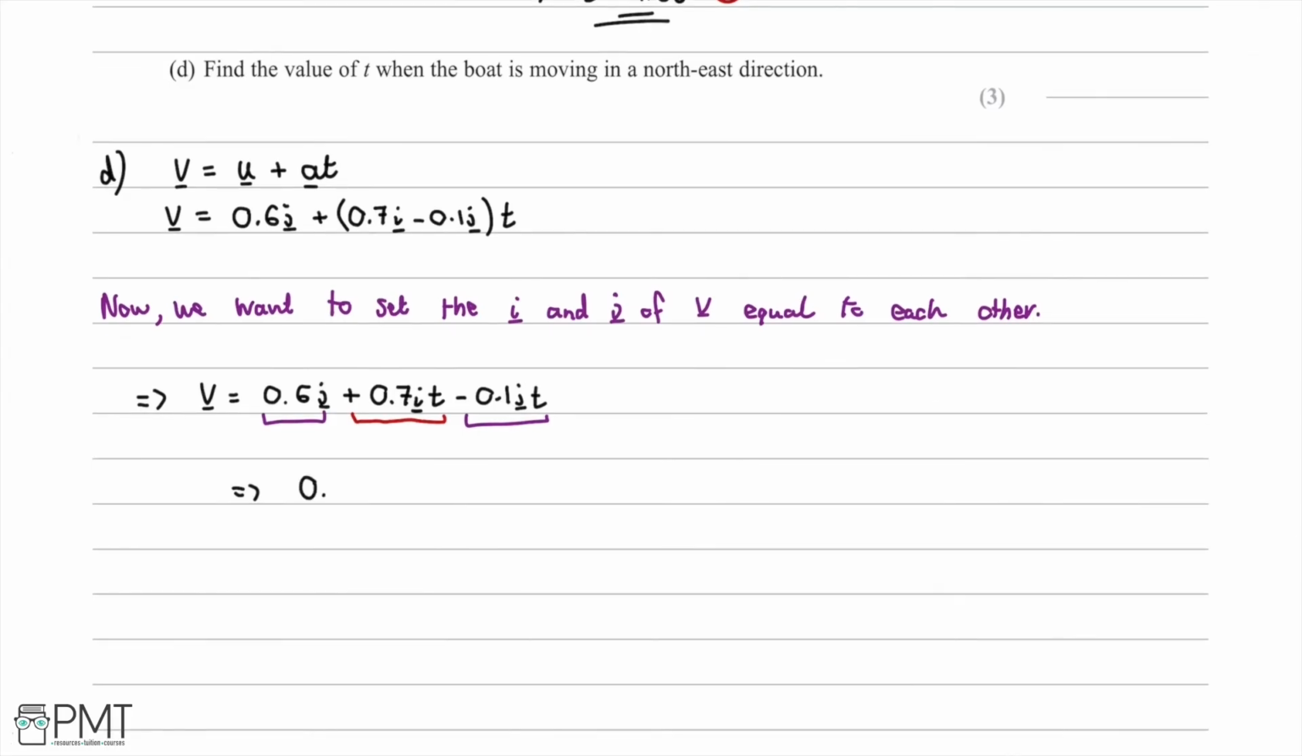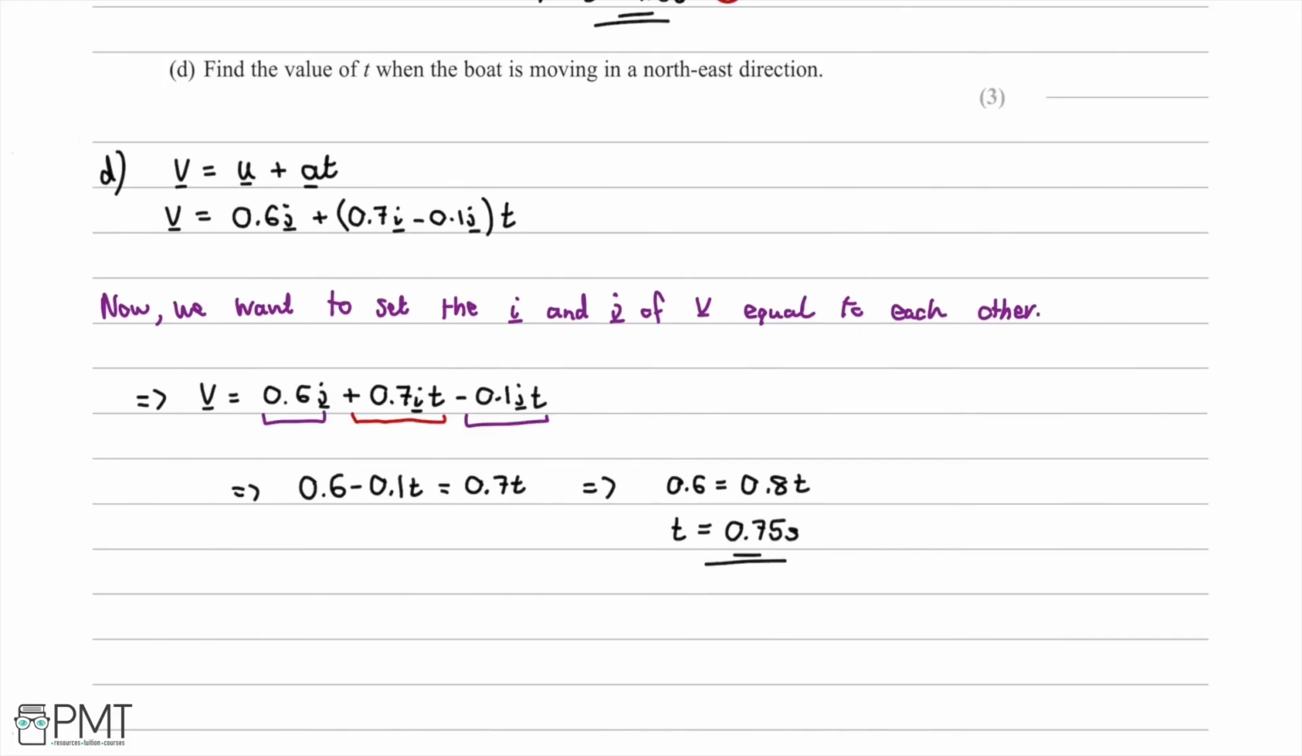So we'll therefore have that 0.6 minus 0.1 multiplied by t is going to be equal to 0.7t. Then rearranging this, we have that 0.6 is going to be equal to 0.8t, so therefore t is going to be equal to 0.6 over 0.8, which is